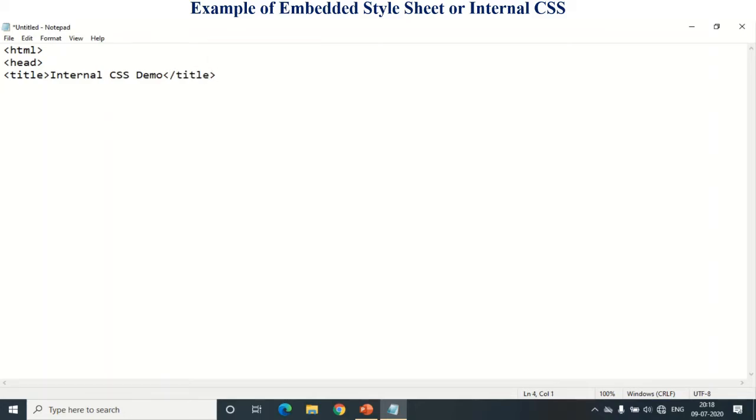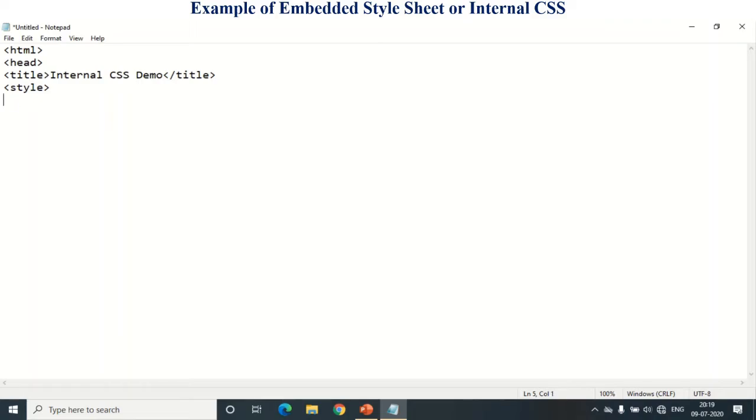Next, which tag do we use? That is the style tag. Why do we use the style tag here? Because we want to write all the style elements in the style tag. Suppose I want to style the h1 tag. Then all the coding of that h1 is enclosed between the style tag, because it is an internal CSS, an internal cascading style sheet. So it is written internally in the style tag only, in the head section. So the next tag is the style tag, and I want to